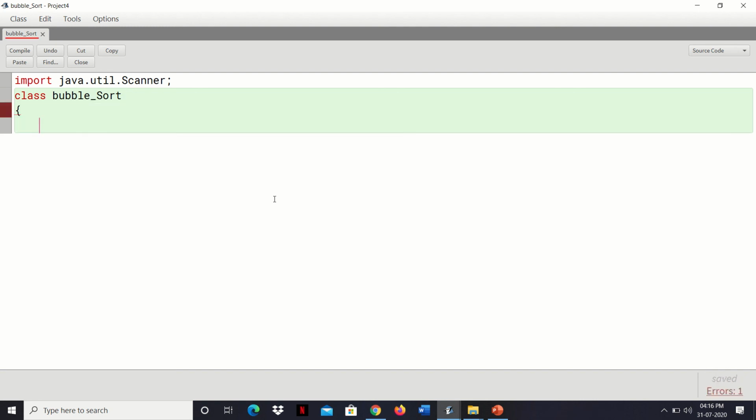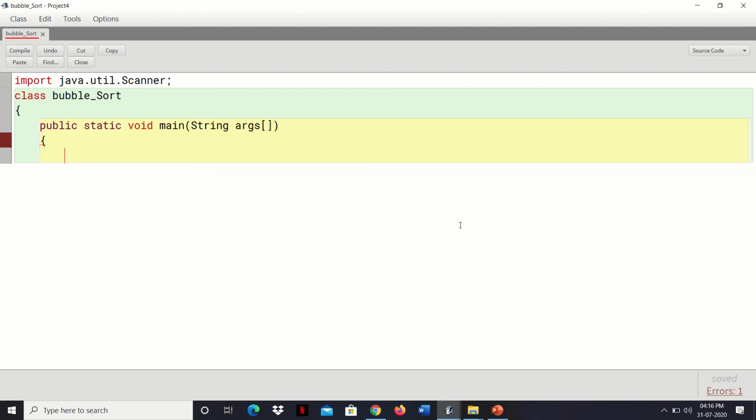Fine. Now we'll write the main method. As you know, every program in Java has a main method: public static void main(String args[]). Now we'll declare variables int i, j, and let's declare temp also. Now we'll create an array, int a[] = new int[5], five elements, array creation done.